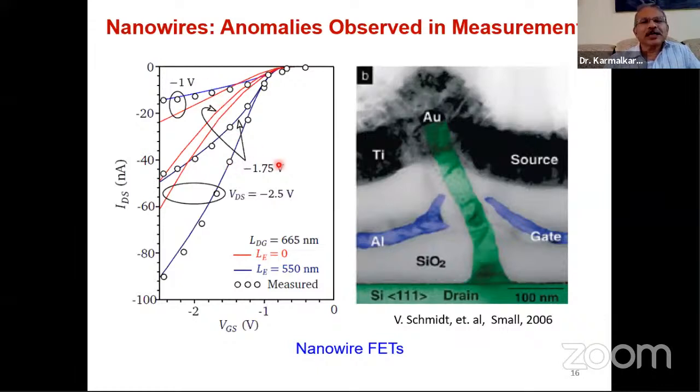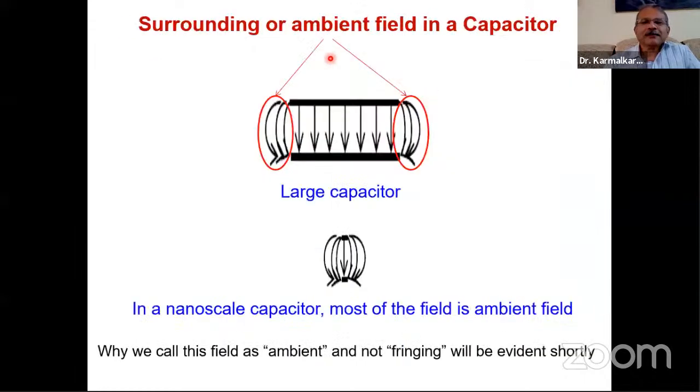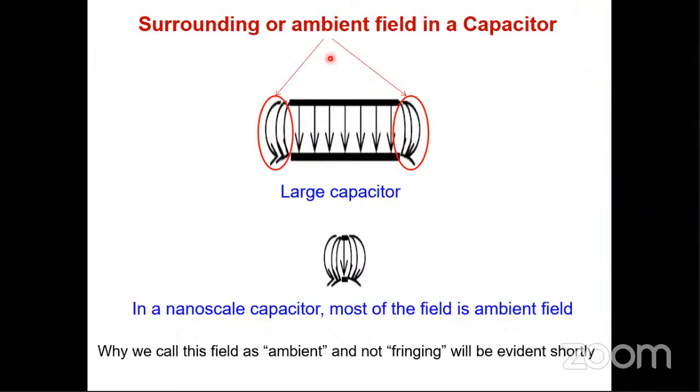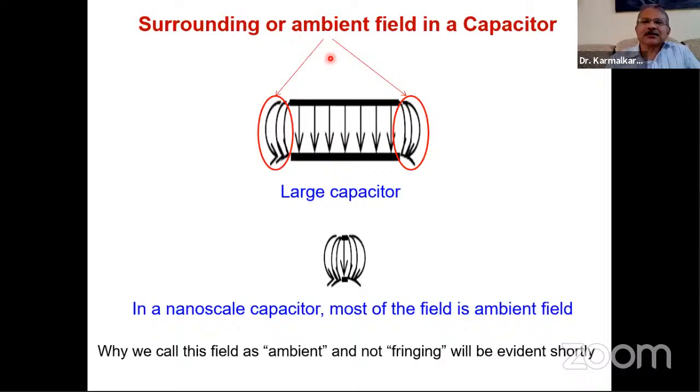Here what it shows is, when devices are of such small size, they become very sensitive to the dimensions of the contacts. That is what this shows. When you change the dimension of the contact, the current voltage curves change a lot. So far we have seen the structure and made some observations and measurements. Now we want to give a theory to explain all this.